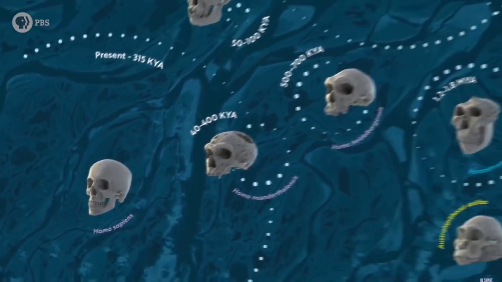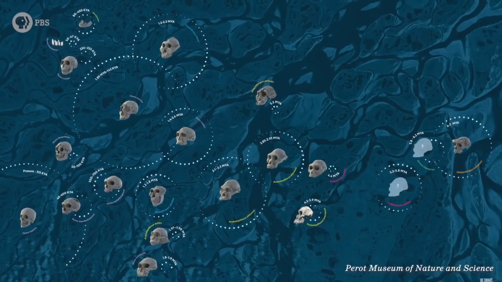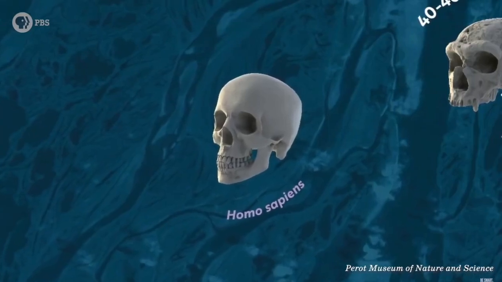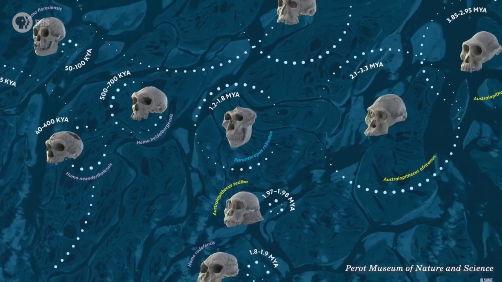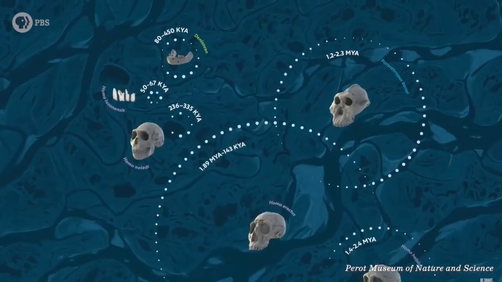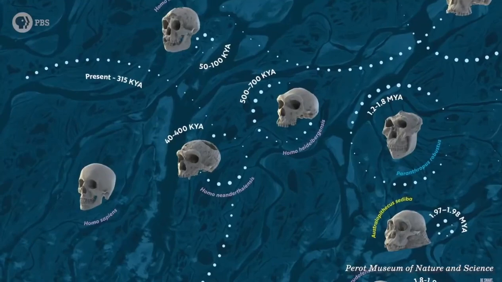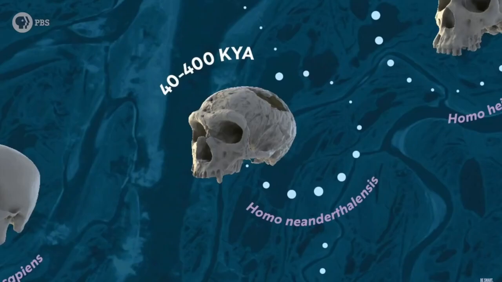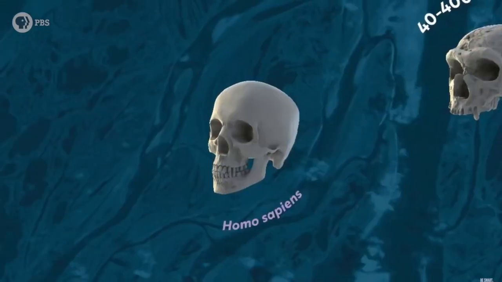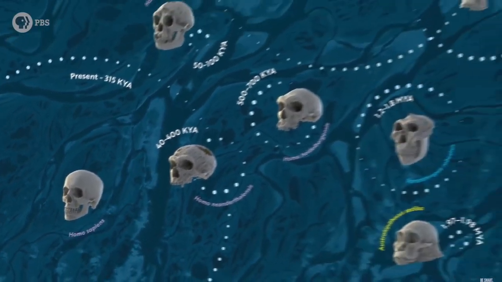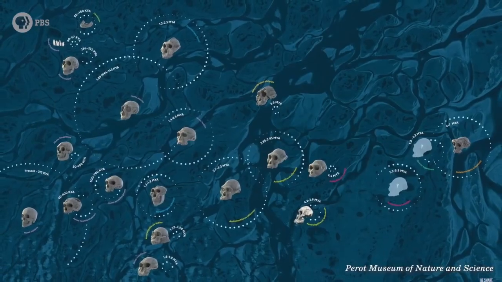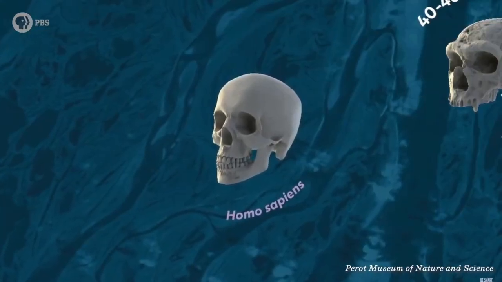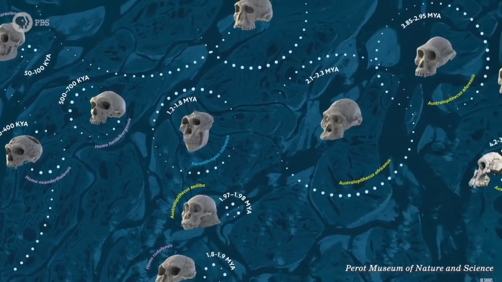It can put things into perspective in the context that we are just as vulnerable as those other hominin groups are. We're not the best species, no? We are not the chosen species. We're just lucky enough that we survived. Certain chance events have lined up along our way to permit us to be this dominant, the only living member of the taxa. So that's the braided stream model for you.